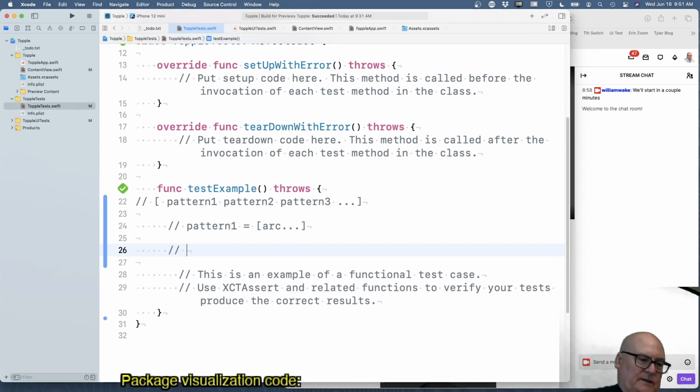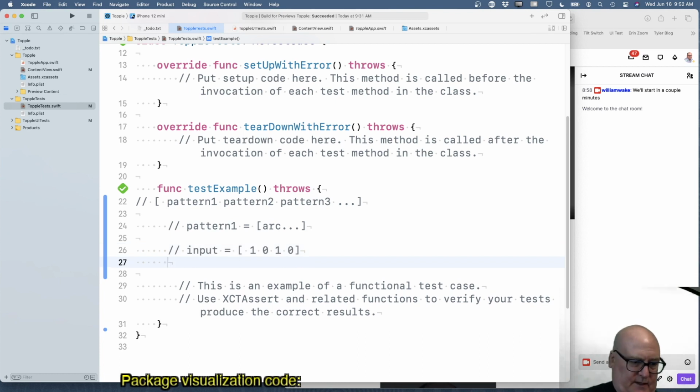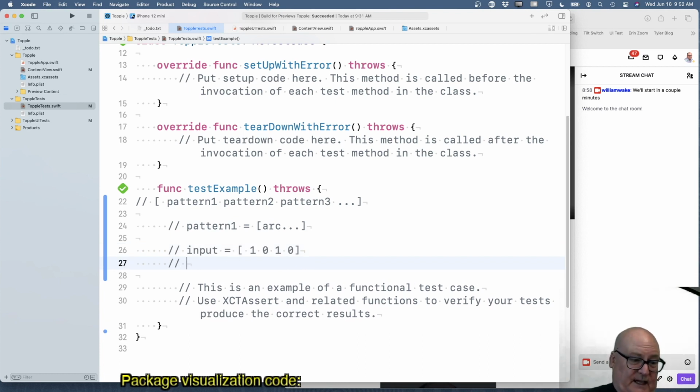Well, okay, how about this? I want you to, let's make this input 1, 0, 1, 0. All right, I would like it to look at that and say, turn on from 0 to 90, turn off from 90 to 180, turn on from 180 to 270, and off again. And you don't need to say the offs, so the output is something like